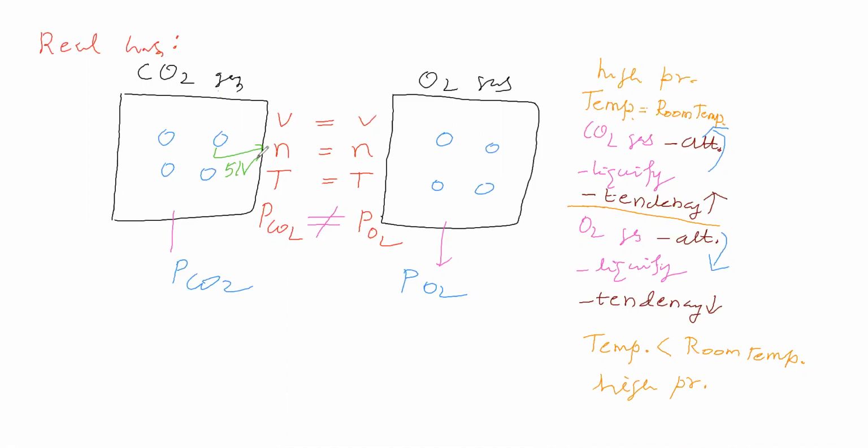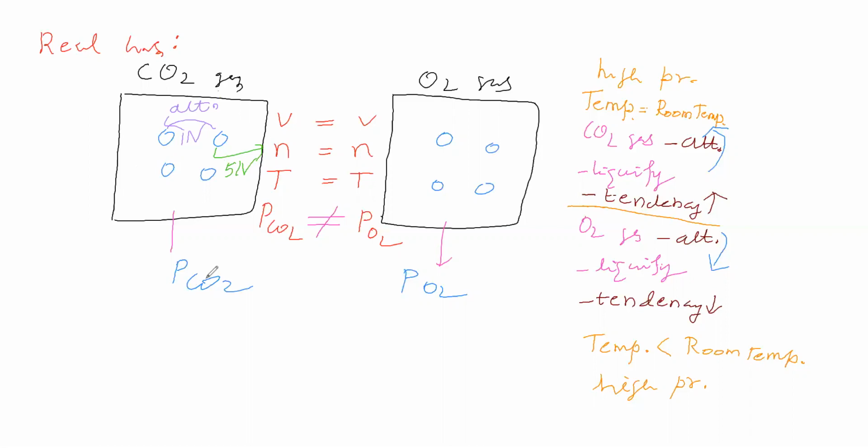Here attraction is possible. This molecule is attracting this molecule. The attraction magnitude is, for example, 1 Newton. Due to attraction, the attraction magnitude is like this. Now this carbon dioxide is making collision on the wall of the vessel with 5 Newton. Anyhow, it is making collision on the wall of the vessel. Therefore, carbon dioxide gas is exerting pressure.